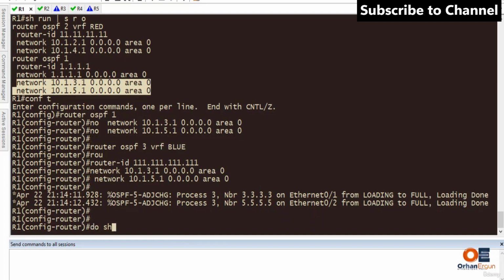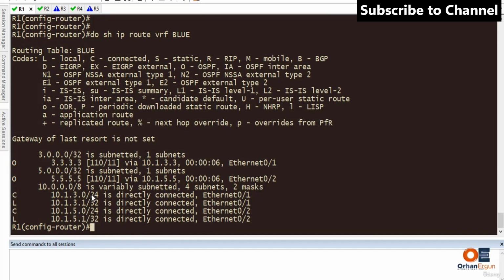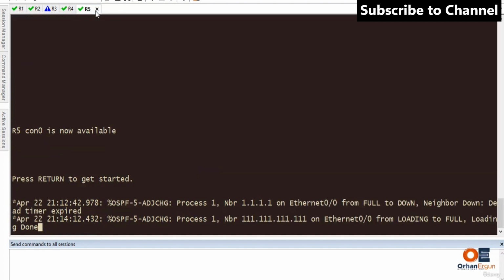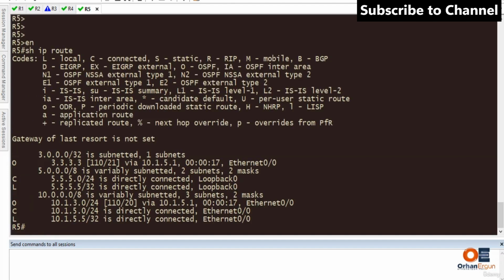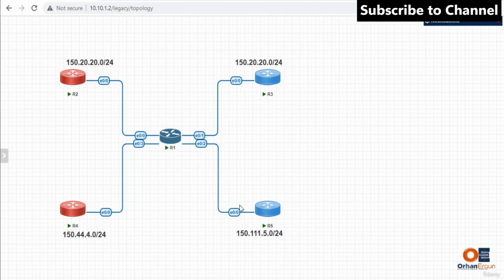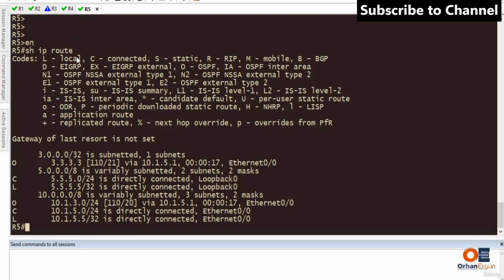Now again, if I show IP route VRF blue, you see the routes here. For router 3 and router 5, everything should be seamless. So if I go to router 5 and show IP route, I can see everything on the other side, and there is no problem with that. So let's enable these new networks that I am going to add. On router 3, I need to have 150.20.20.0 again. So I just go to router 3,